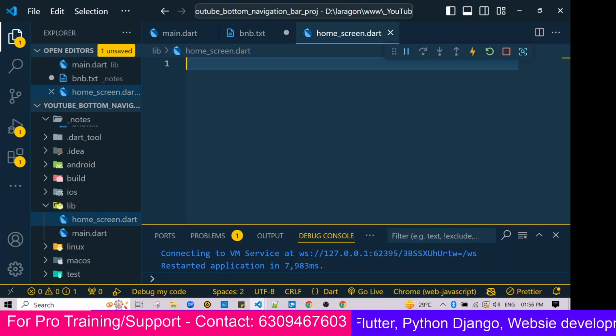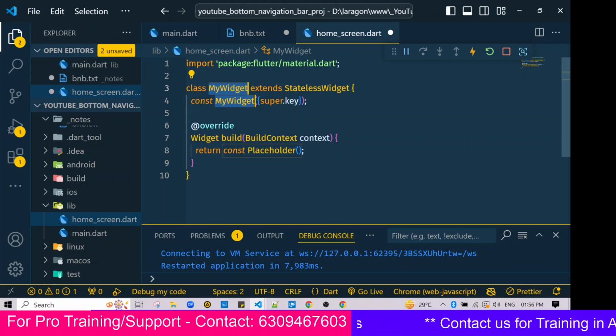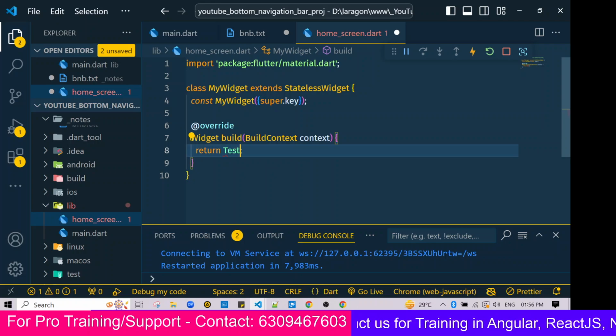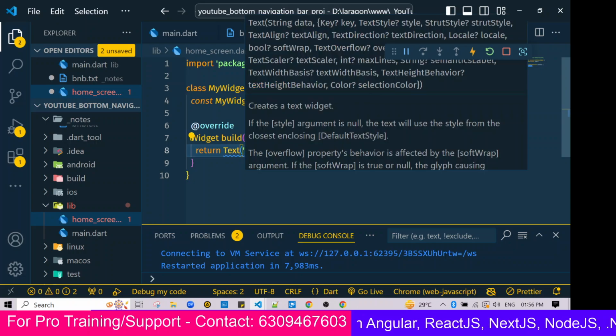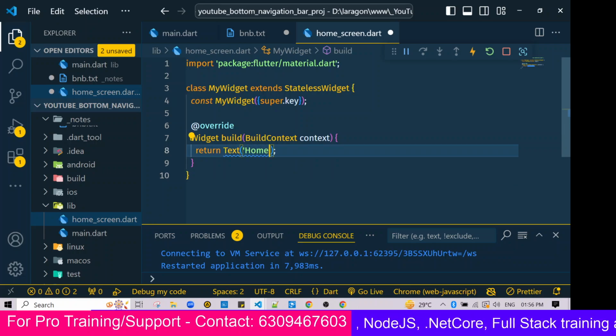So after coming here, if I want to create a screen, I don't need to write code from scratch. For example, I type stl, and automatically it came, right. Here in the build section, I'm writing one Text widget. I told you before, every widget is an object, keep that in your mind. I'm writing home screen for testing purpose. Okay,